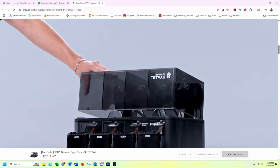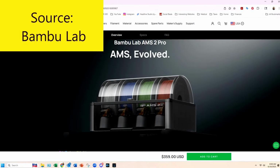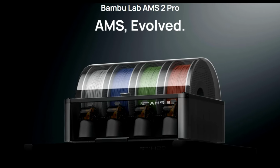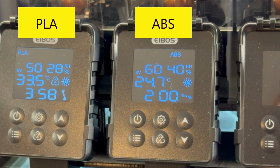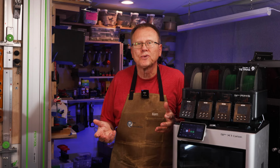Number 4, the Tetras has 4 chambers within the AMS that allow you to dry different materials at the same time. But the AMS 2 Pro only can dry one type of material at a time because it is all one chamber. For the Tetras, you could dry PLA in position number 1 at 50 degrees C and dry ABS in position number 2 at 60 degrees C at the same time. Of course, the individual chambers are not airtight within each other, so there will be some heat transfer between the